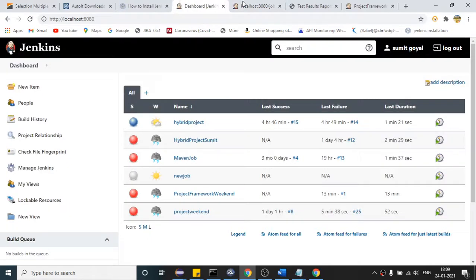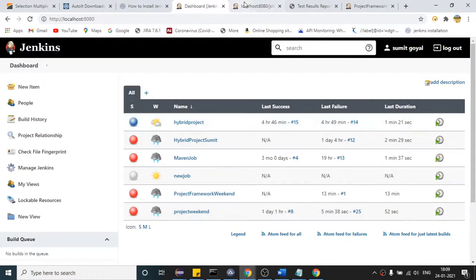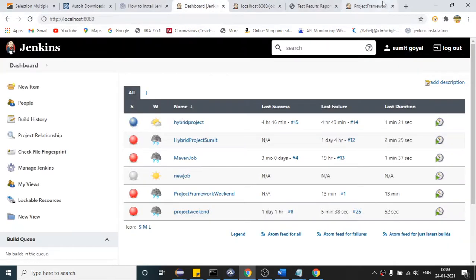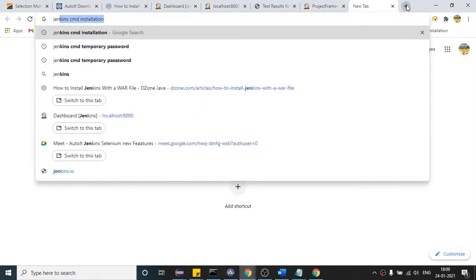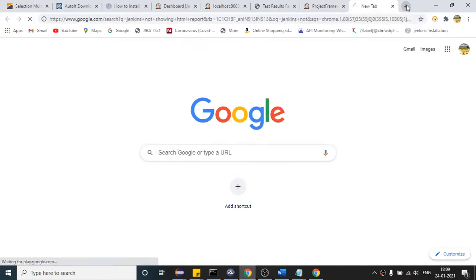Okay, what is the issue? Let us do one thing. There is some issue in Jenkins due to security reasons.